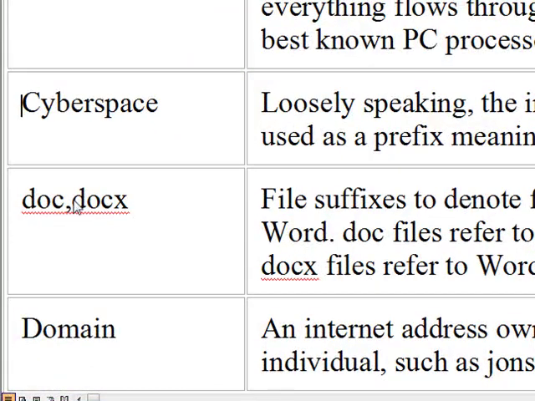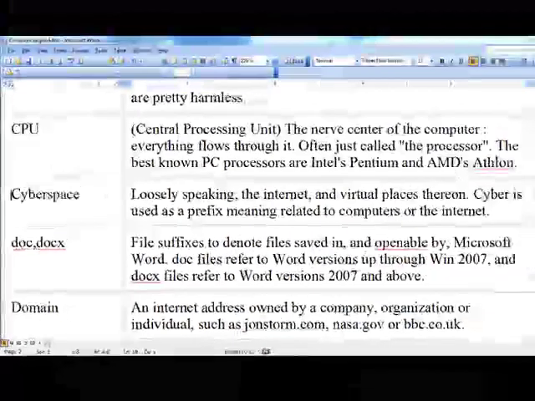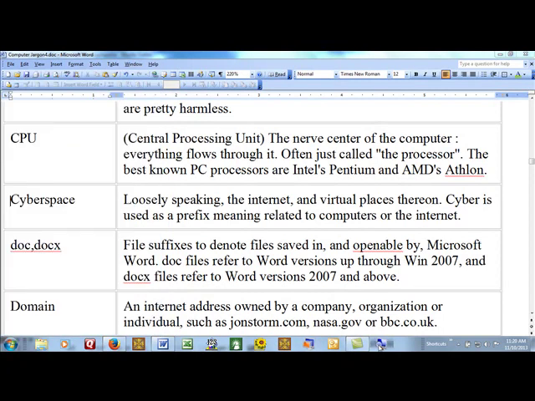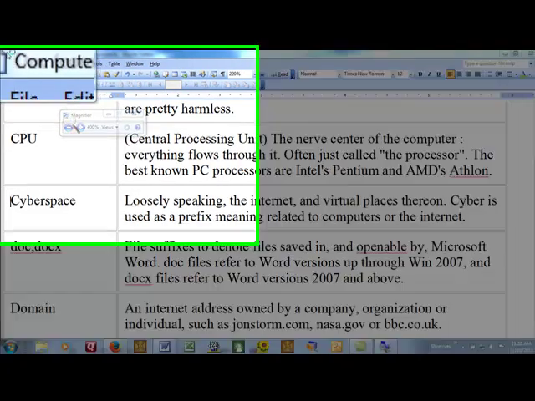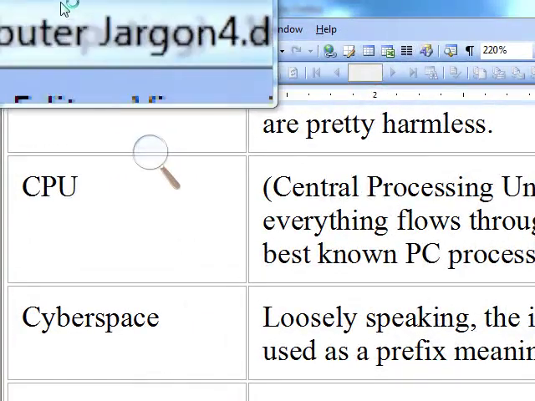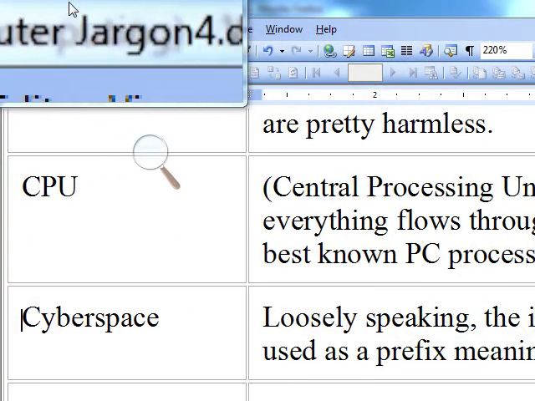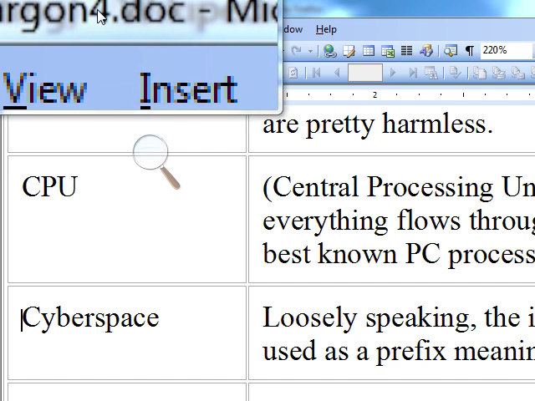DOC and DOCX are file suffixes or file name extensions. What's a file name extension? It's the thing that comes after the description of the file name, the name of the file, which tells you what kind of a file it is. For example, this file that you're looking at is named Computer Jargon 4.